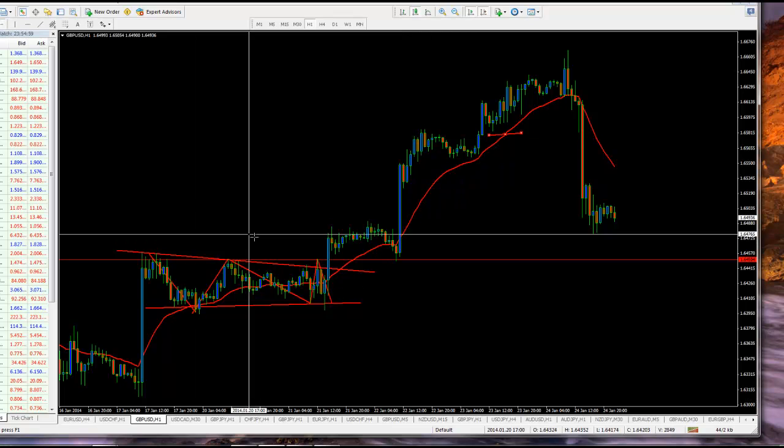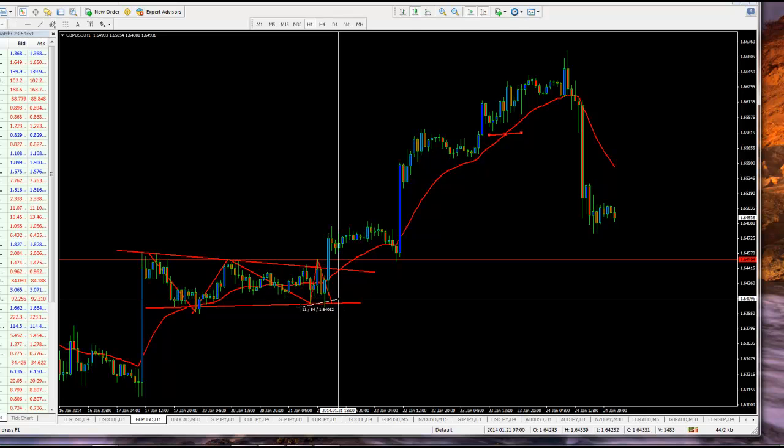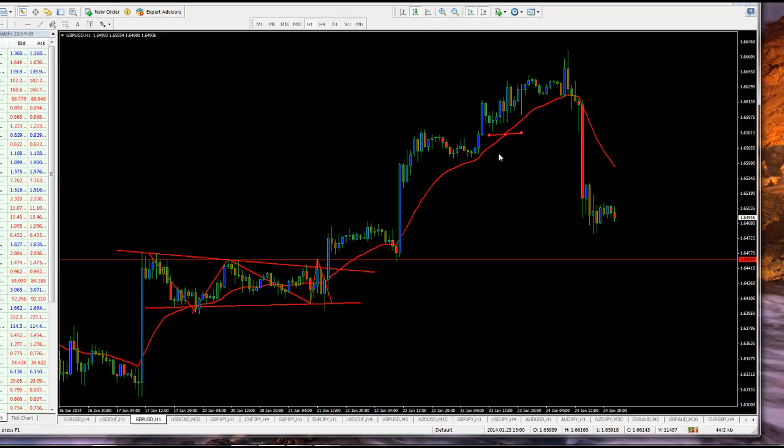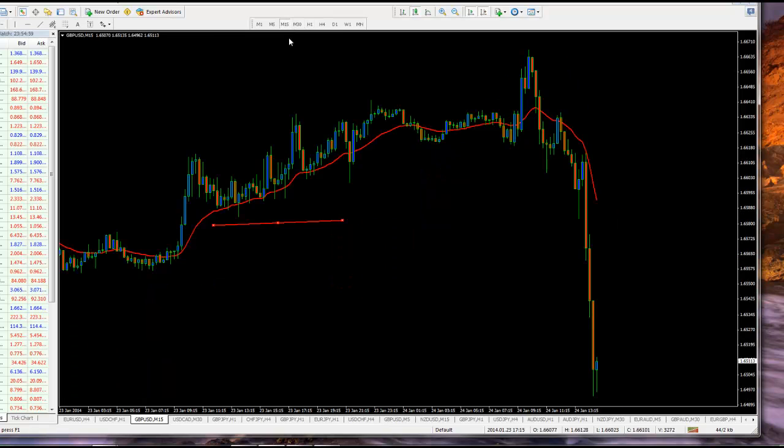What was your stop loss if you got in at the B point around in this area? Your stop loss was about 20 pips for a 170. So you've got a really nice 1-to-8 risk reward ratio on that. And of course, if you were to drop down, say, to the 15-minute chart,